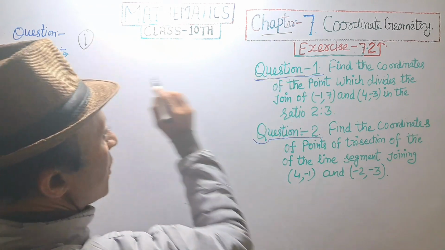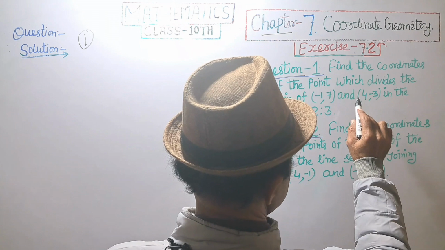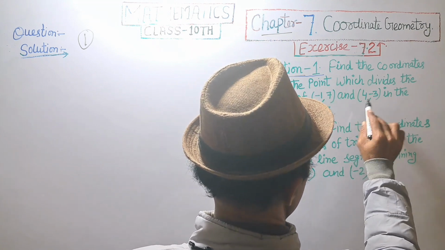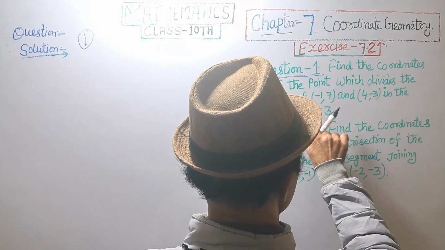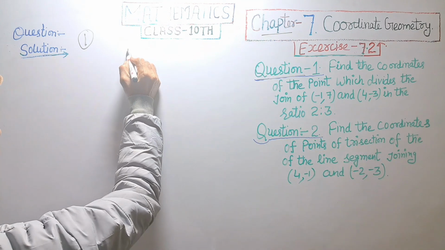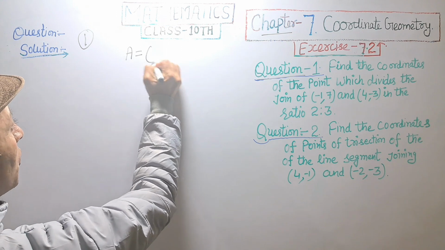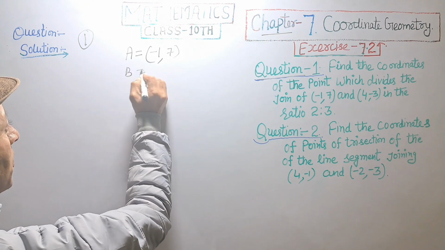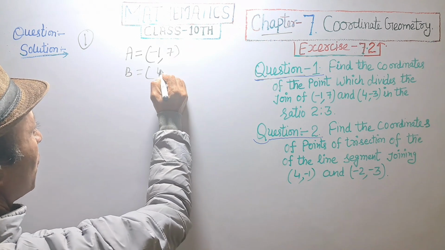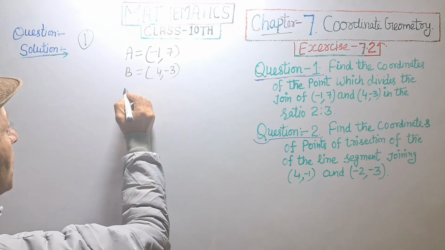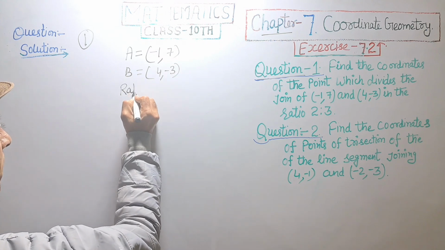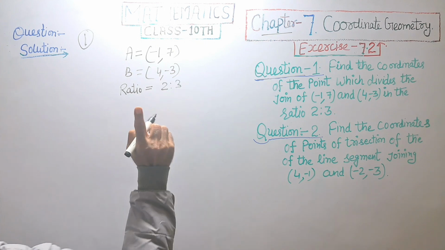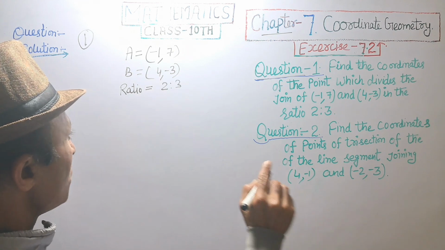Question number first. Find the coordinates of the point which divides the join of -1, 7 and 4, -3 in the ratio of 2:3. Given, let A is equal to first point, that is -1, 7, and B is equal to second point, that is 4, -3. So ratio is equal to 2:3. Using the section formula,